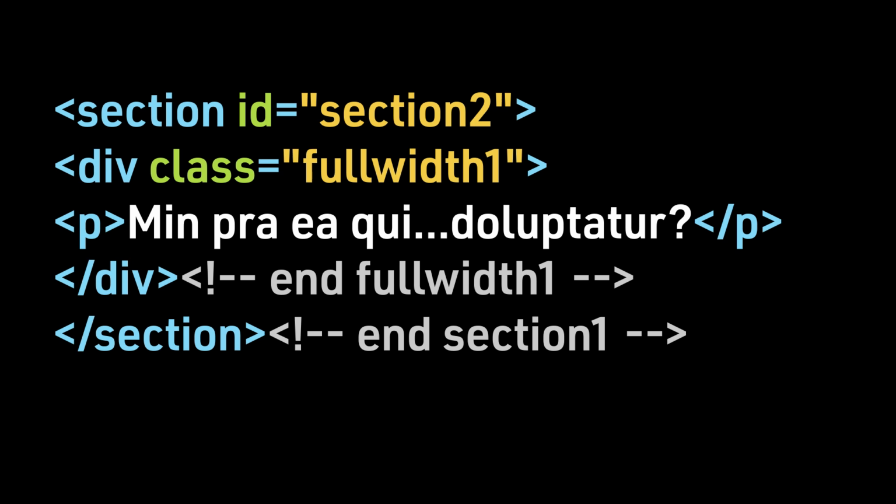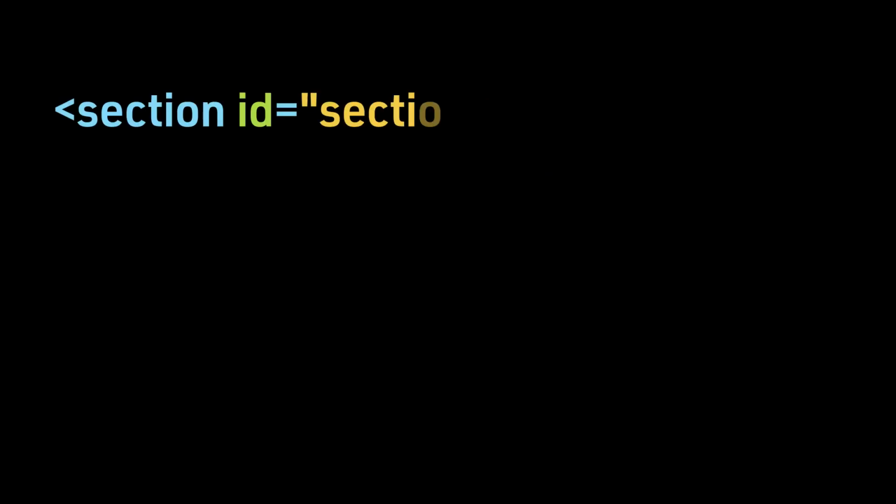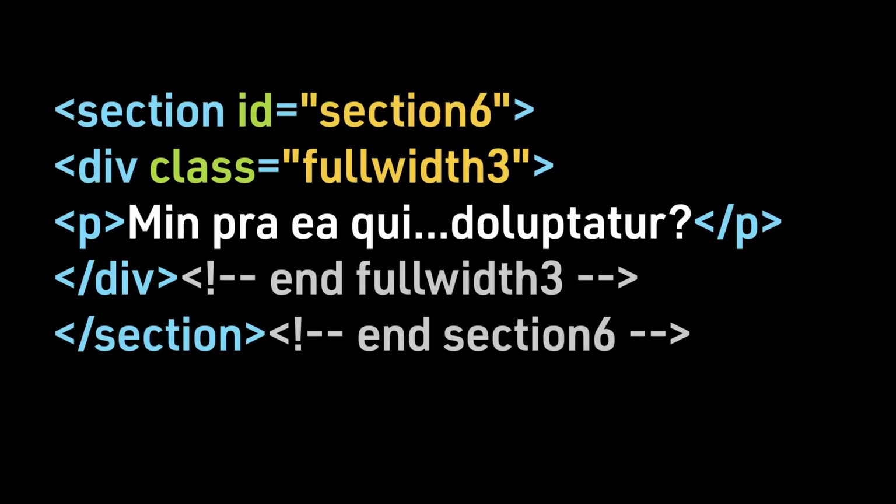For section 2, we will demo fixed. For section 4, we will demo scroll. And finally, for section 6, we will demo local. The placeholder text has been truncated for sections 2 and 6. In these sections, to demonstrate the difference between fixed and local, we add a paragraph text element that overflows the